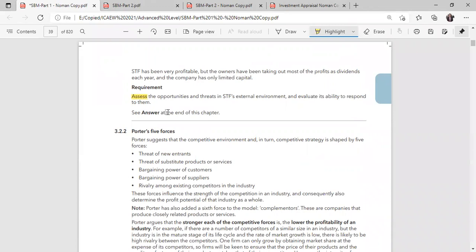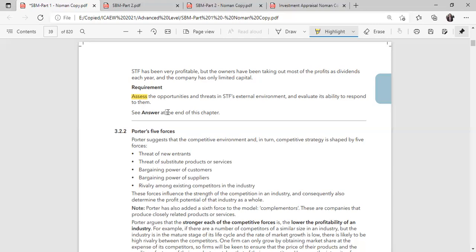You will see different words, for example, define, identify, explain, assess, evaluate, contrast, and many other different words. As we solve the questions, we can see what the different words are and what each word means, because it is very, very important. For example, if it is about identification, then you just need to identify and very briefly explain. If it is about explain or explanation, then it means you need to provide a lot of details. If it is about contrast, or highlight, different keywords mean different things.